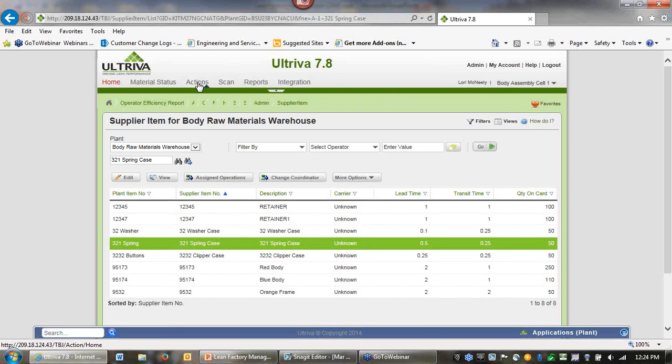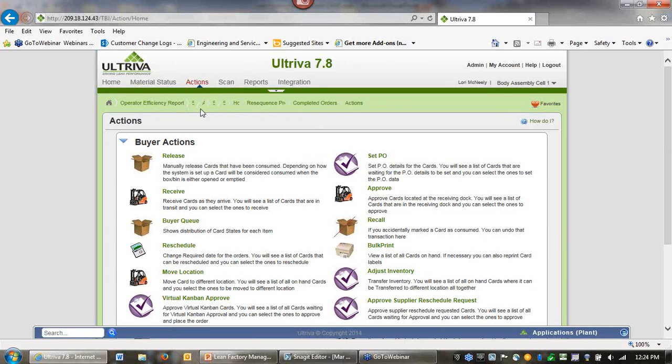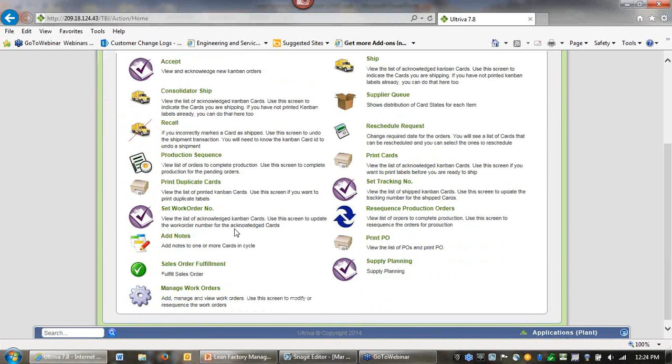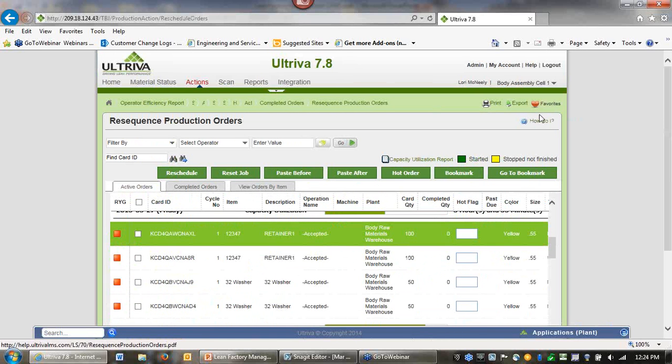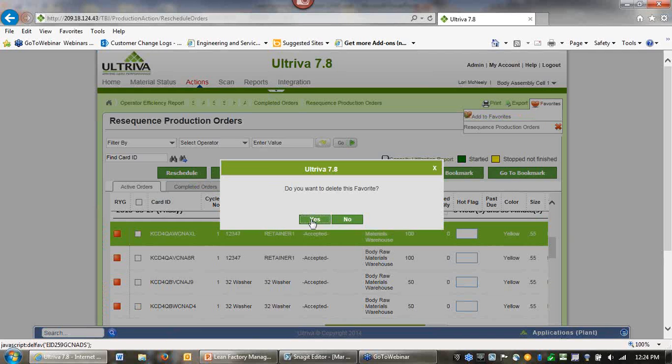So from here, that's all the configuration that we're going to go through. But we want to show you that master scheduler screen that we just touched in the presentation. So we'll go to Actions, and then Supplier Actions, and Resequence Production Orders. And the first thing that we want to do here is add this to our favorites. Because we're going to spend a lot of time on this screen,